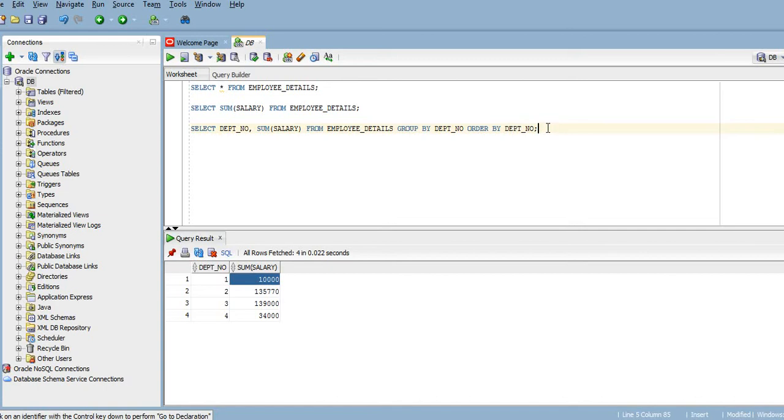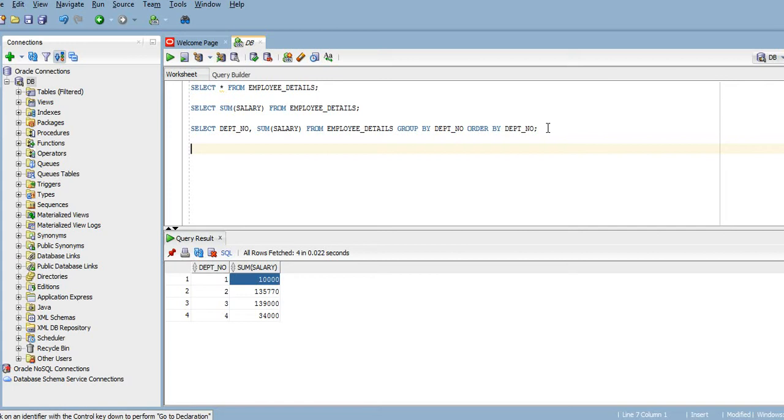So if I come to the next one, the next one is maximum. Let's think the company wants to check the maximum salary they need to pay to the resources. So how to do that? We need to write a simple select query.